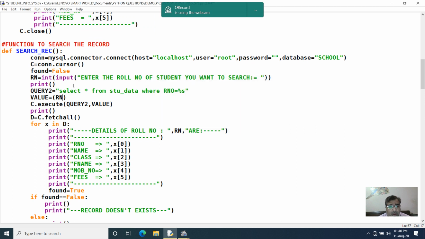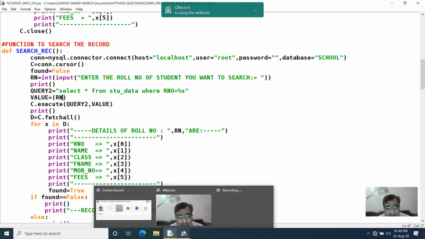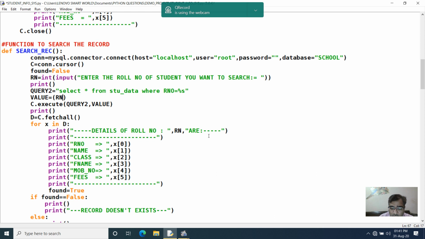This is a simple variable, this is not a tuple. So after putting the comma, it has become a tuple. If your tuple has only one single value, you have to put the comma in order to make it a tuple. Now I assign this tuple to variable value and I pass these two parameters in the execute function.